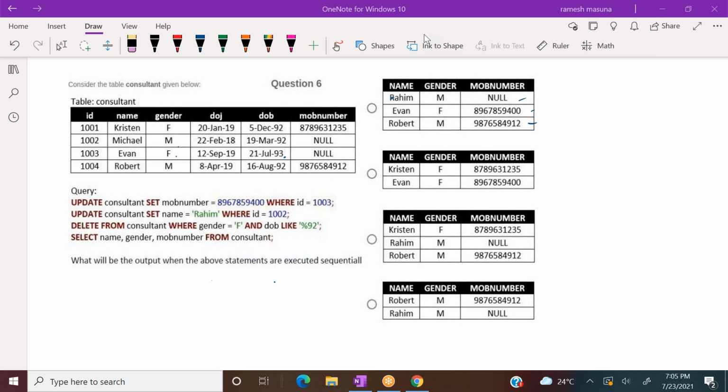Now, here I have a bunch of Infosys InfyTQ questions, and these are some of the questions I have. This is the first question for you. Based on what you understood in yesterday's session, please answer this question.